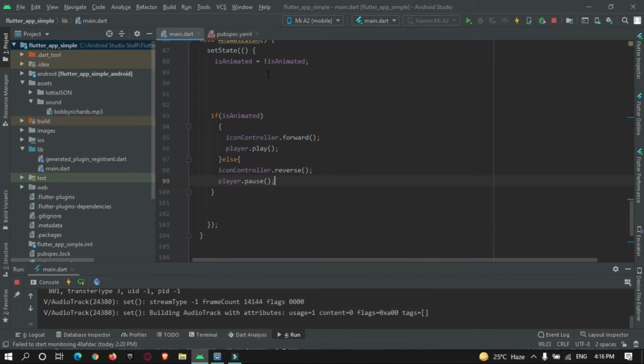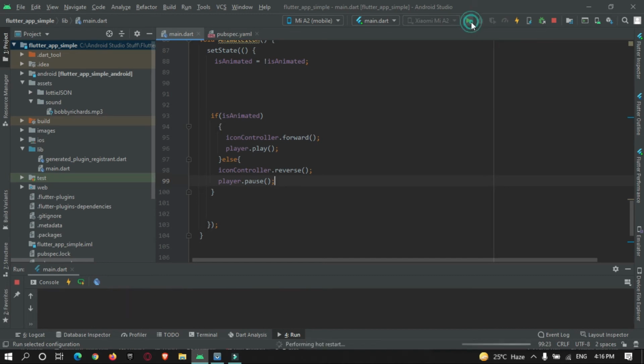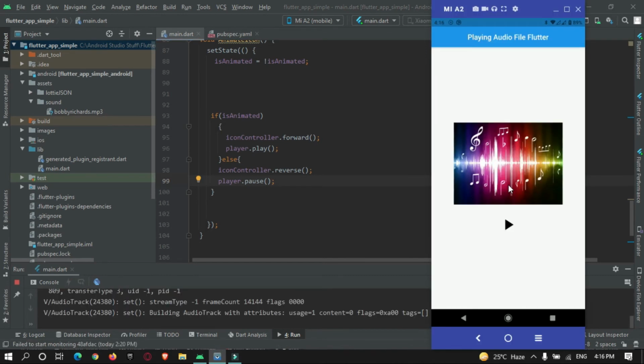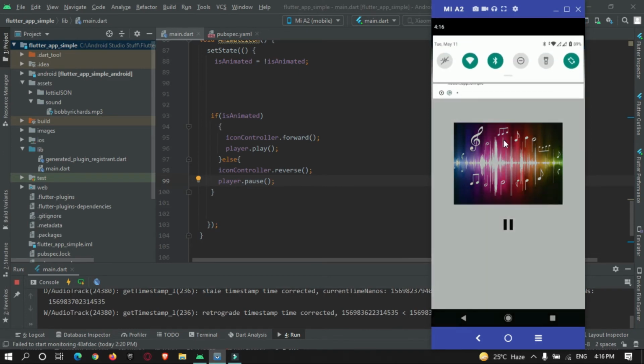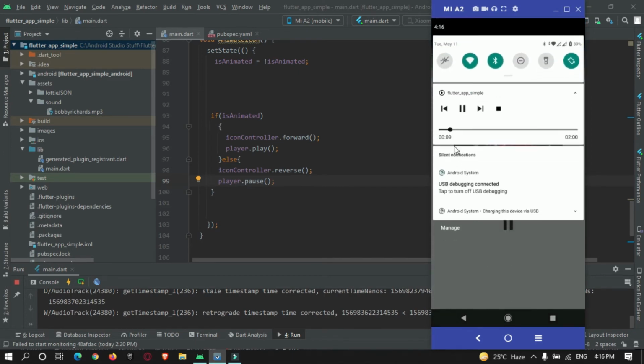If I restart our app now and press on this button, as you can see, the sound is playing in the background. Pause, and you can also see a notification over here by which you can control this audio file.